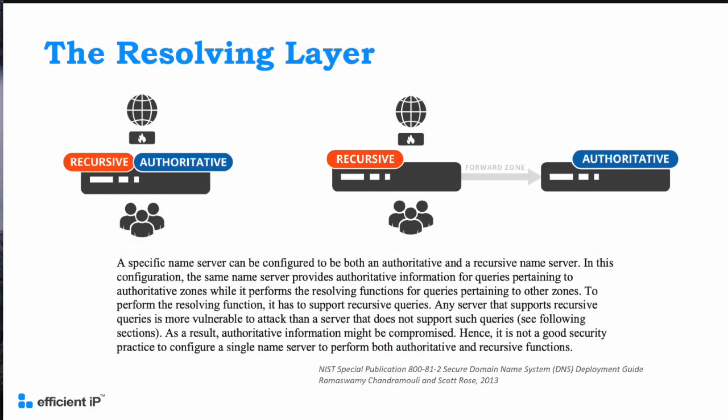I am still amazed at how many prospects that we go talk to that are still running authoritative servers doing recursion, right? And I'm not saying at this point in time that you have to use my product to be able to implement this layer. Everybody should be doing this. I really have a hard time understanding why I don't see this model as the default. Now, there are some exception cases, right? A good example would be stores and local survivability, right? They still want to be able to get some DNS records, even if they can't get to their DNS servers